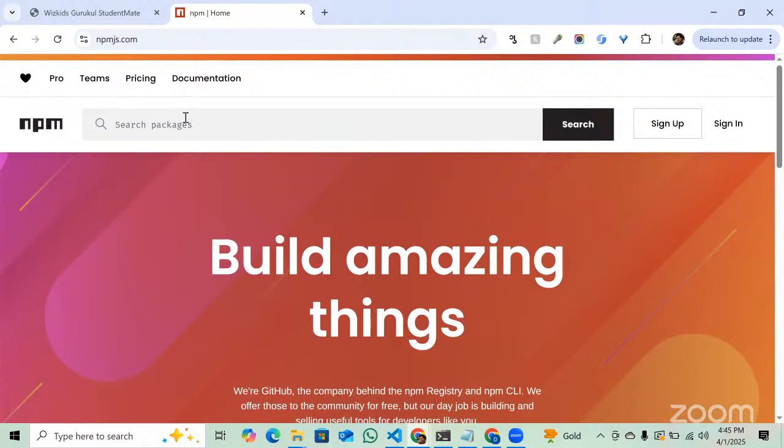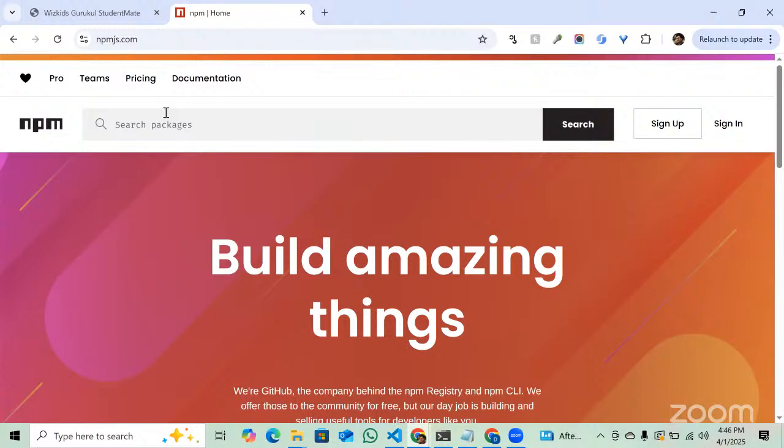Okay, most of the things in front end world are open source. That means we can just take somebody else's code and use it ourselves. Okay, and everybody shares their code. So most of the times we can use inspiration from other codes. Okay, that is one. Second is that